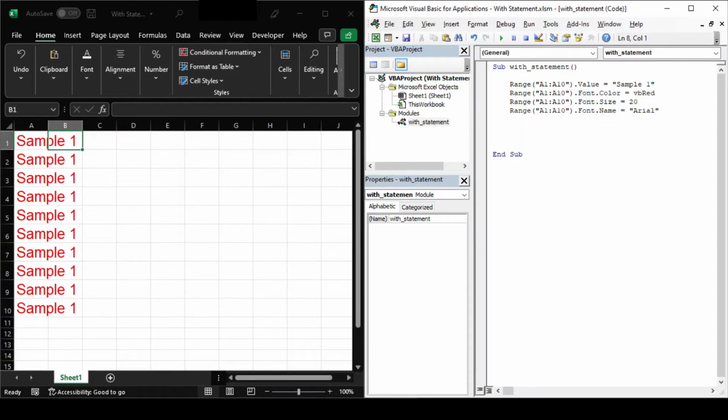If we observe these three statements, we can see that all three statements are referring to the same object, that is range A1 till A10, and all three statements are calling the same property of the object, that is font. So what we can do is, with the help of the With statement, we'll refer to this object and its property